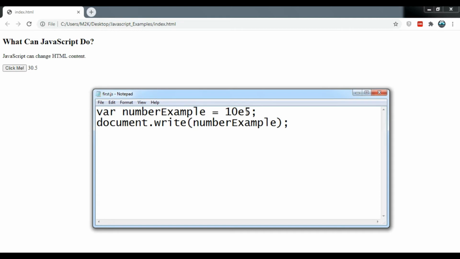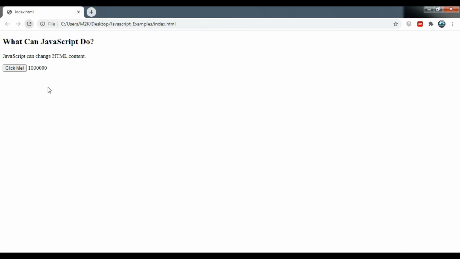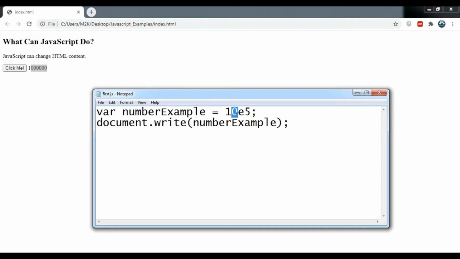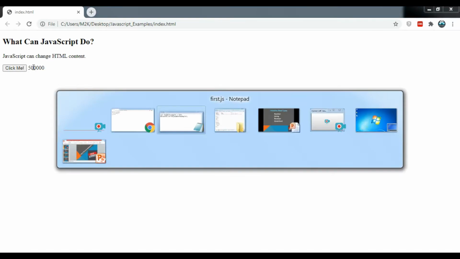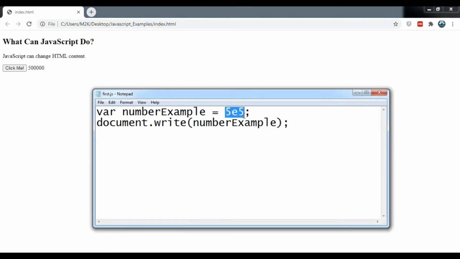So this will be equal to 10 to the power 5, like in math. Control S and refresh it. Let me change it to 5 instead of 10 so you don't get confused with one extra 0. So we have 5, then consecutive 5 zeros after it. This was the basic example of number type.